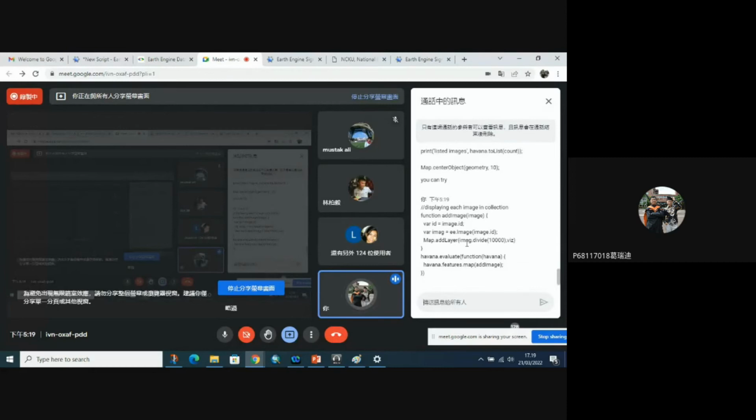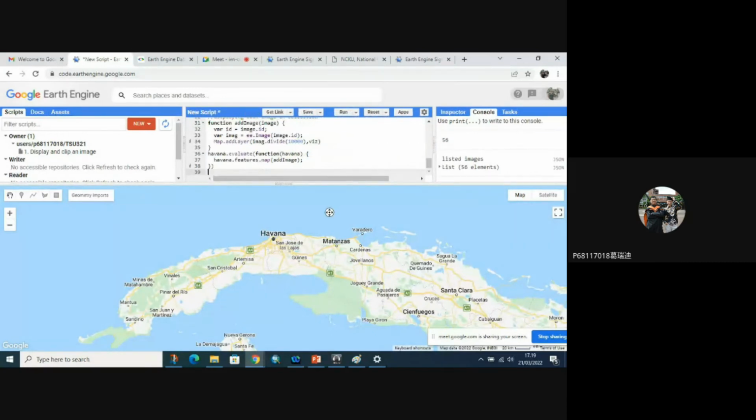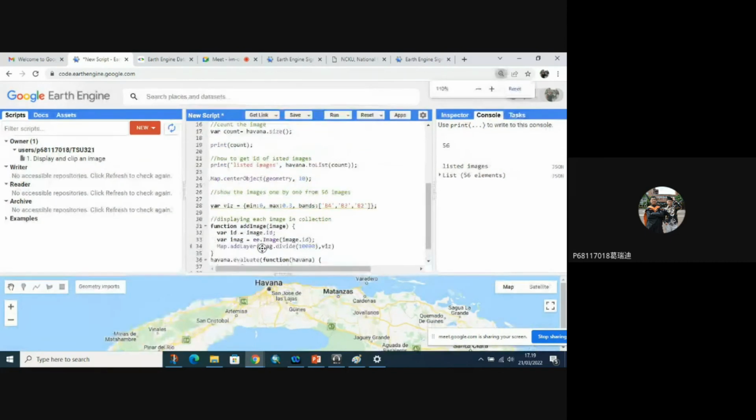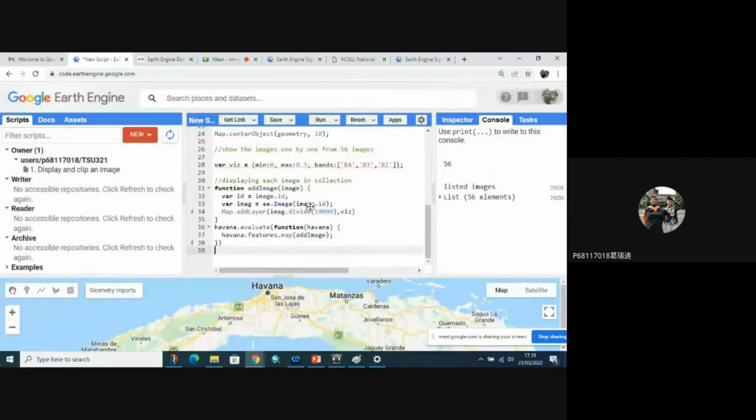Function add images: add an image through the image ID and add a layer for each image. I will expand it, I think it's better. This function is used to show each image.